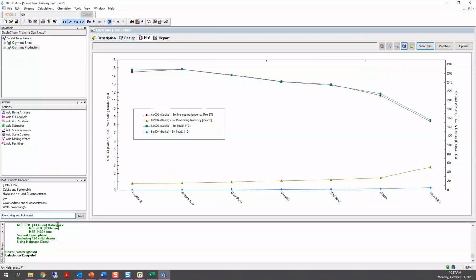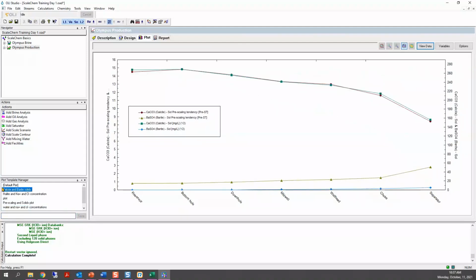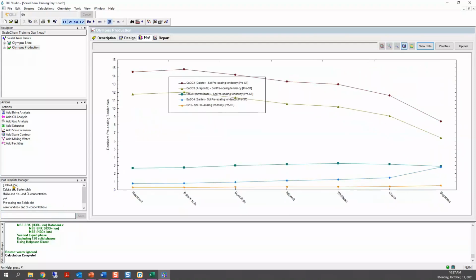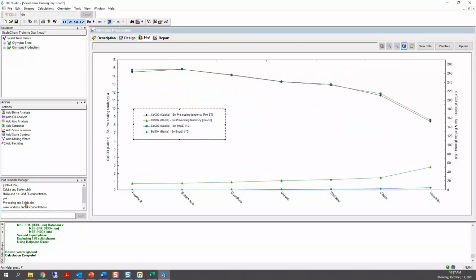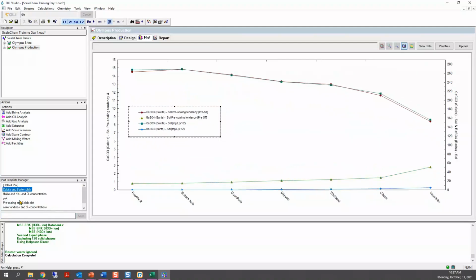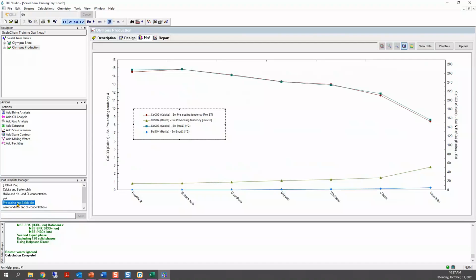And then we simply click on the save button. And you see, I have saved it here. So now if I want to go back to the default plot, I click on that and it will show me the default plot. And if I want to go back to my pre-scaling and solids plot, I just click on it.